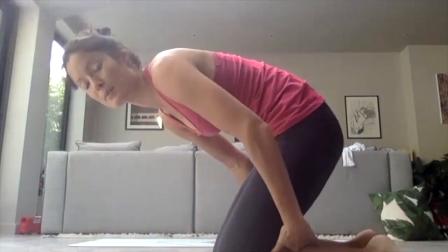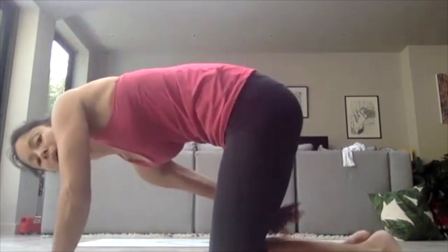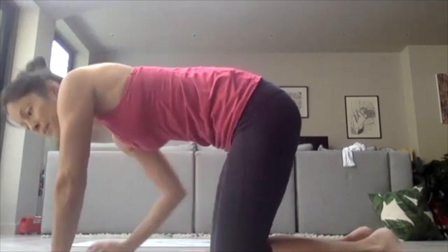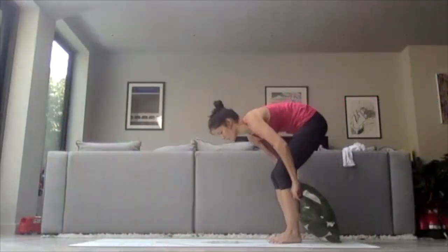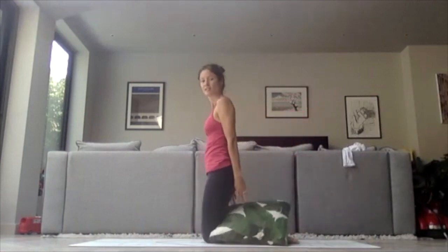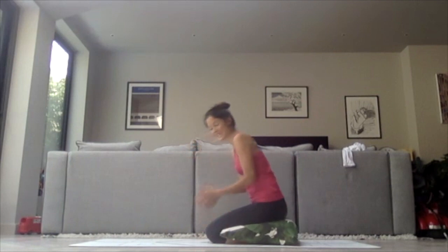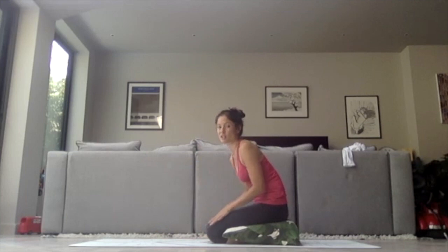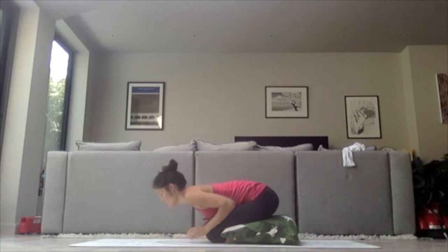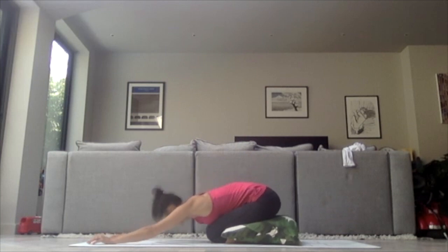If anyone's got knee problems, you can make a little bit more space between your calf and the back of your thigh by putting a blanket or a towel, some padding here. Or even a cushion like this. A little bit more space. It's a bit easier on the knees. It creates a bit more space, so there's less compression here on the backs of the knees, and therefore less tension on the kneecaps. It's quite warm outside, so this is quite a nice cooling posture